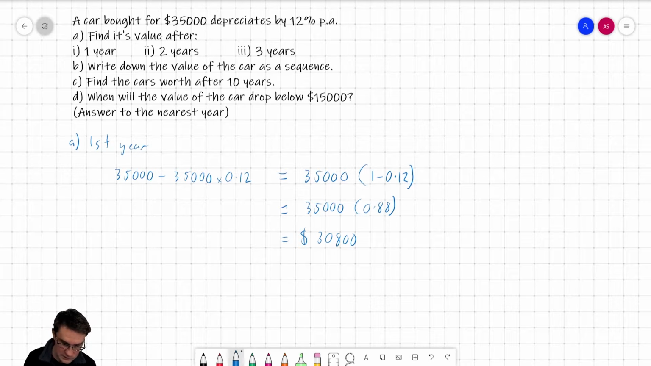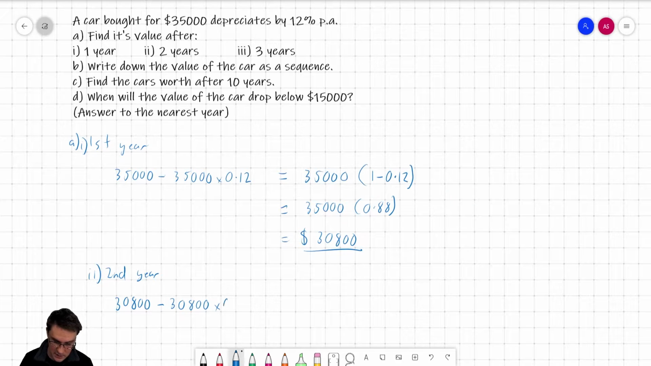So what we then want to do is look at the second year. And whenever you're dealing with something like this, it's always good to look at the first three terms to help you establish your pattern. And that's what this question is getting us to do. So in this one here, it's going to be 30,800 because that's the value we had at the end of the first year. So that's going to be our starting point. This is going to be minus